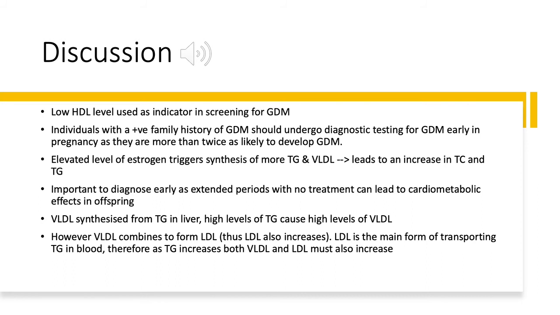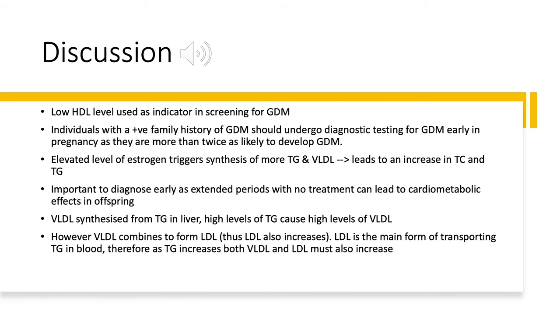Individuals with a positive family history of GDM should undergo diagnostic testing for GDM early in pregnancy, as they are more than twice as likely to develop GDM than an individual with a negative family history. The elevated levels of estrogen trigger the synthesis of TG and VLDL. This leads to an increase in TC and TG. This is incredibly important to diagnose as early as possible, as extended periods with no treatment can lead to a cardiometabolic effect